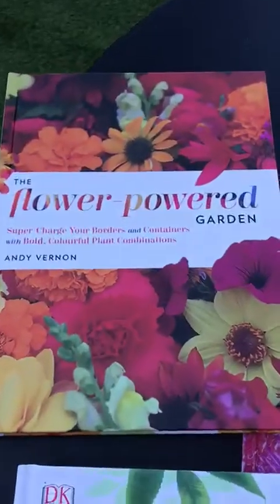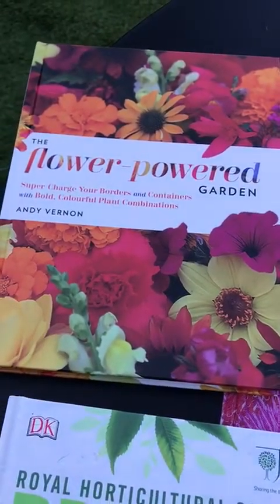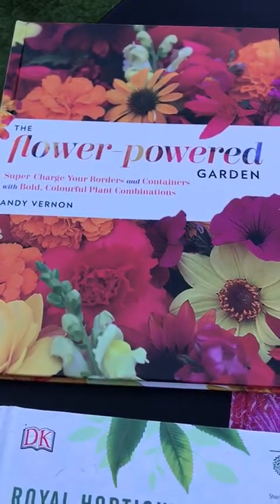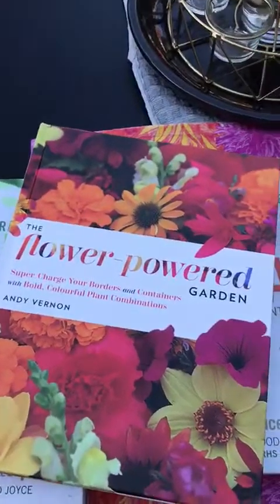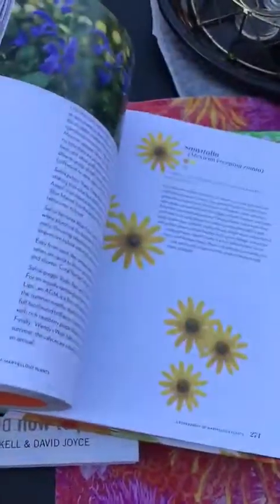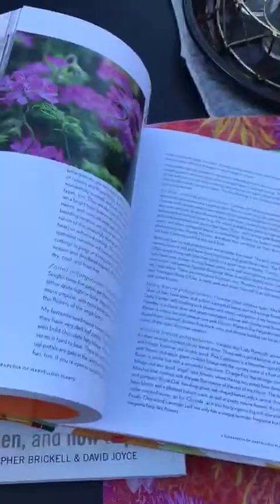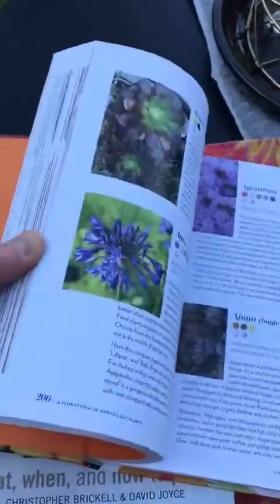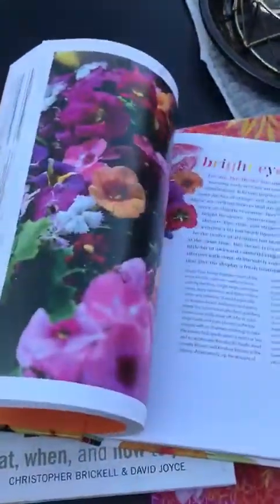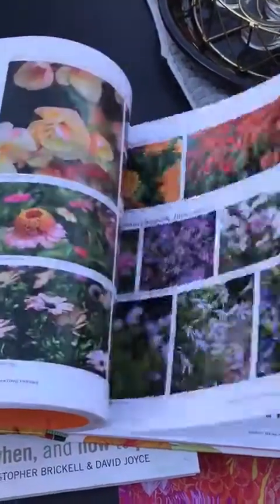And then the final book is a bit of shameless self-promotion, a book I wrote a few years ago, all about my love for colour really. And I think there's nothing like really good colour schemes in gardens to really brighten your day and to just really energise you. And I find sometimes the colours in some garden designs are all just a bit too well thought out and too polite, and I just love bedding plants and having fun,